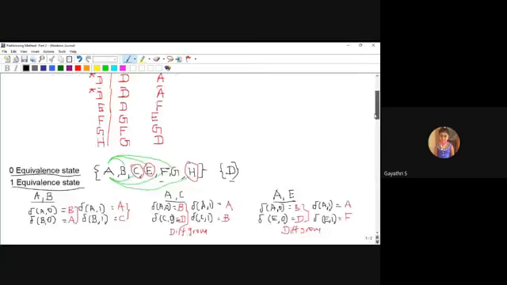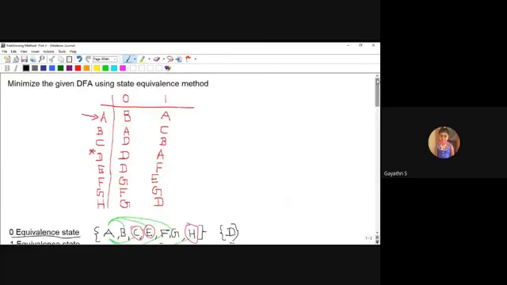Okay, this is the partitioning method. Only one topic is remaining in unit 2: how to calculate equivalence between two finite automata. Almost the unit 2 portion is over except one topic, how to find whether two automata are equivalent or not. You are given two automata as input, and you are going to find out the equivalence between these two automata in the next class.